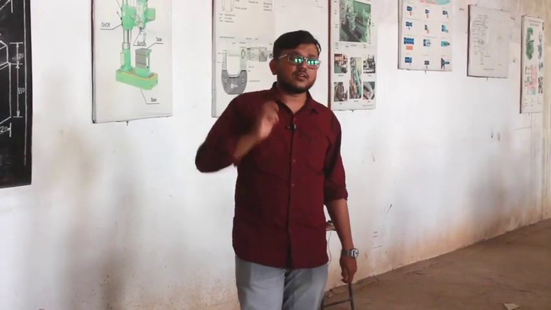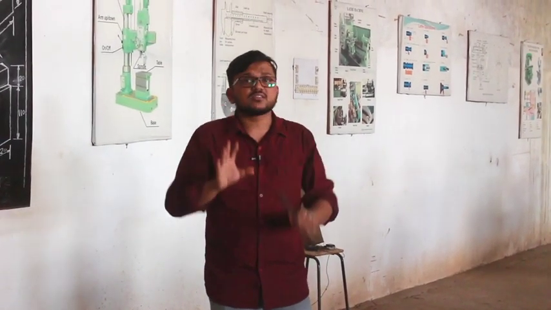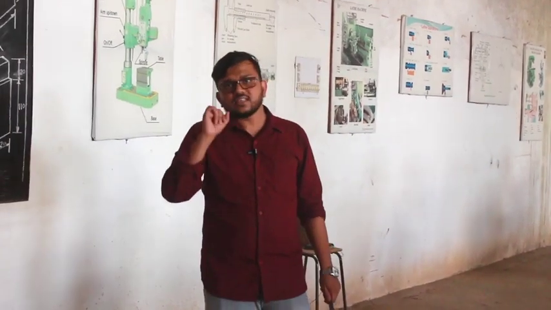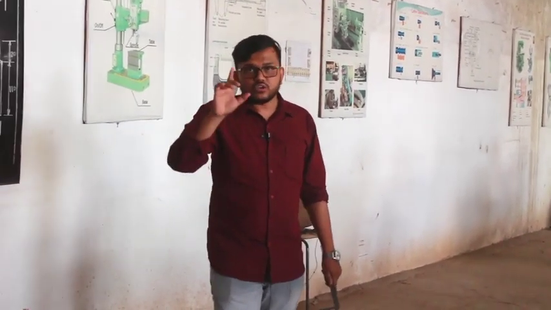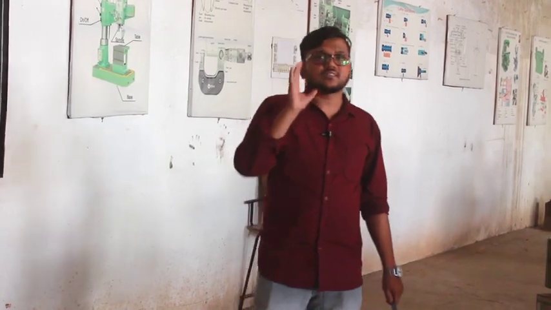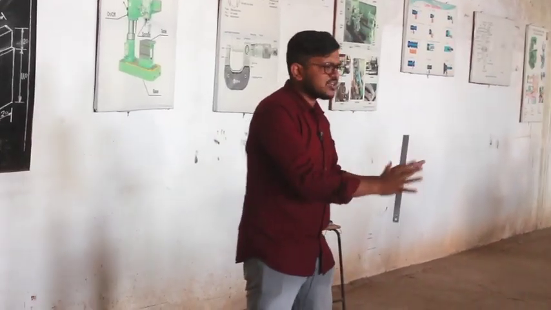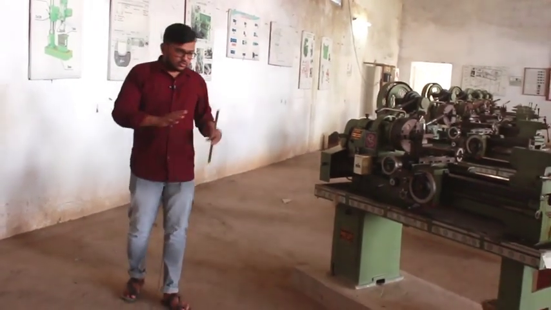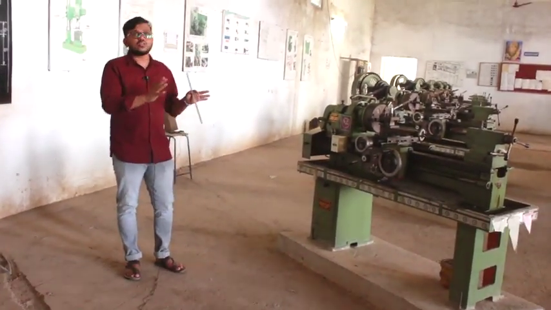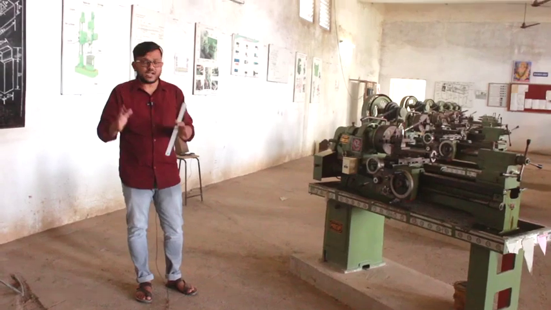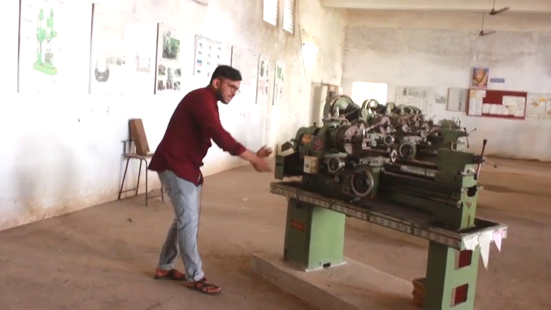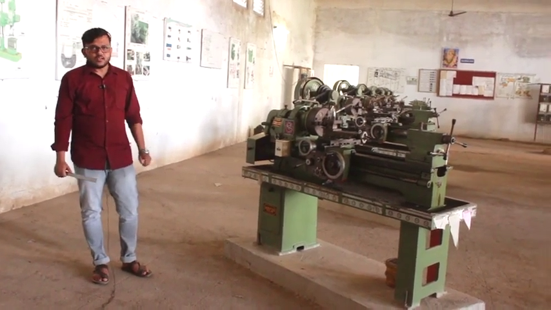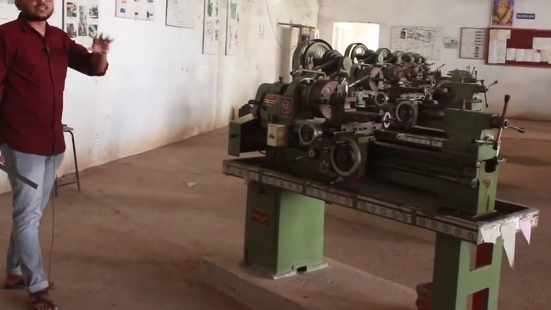And the second thing is, what are the various cross sections by which we can make a bed? It can be of I section, it can be of U section, it can be of H section. So, different cross sections will be there for this material. So, this entire thing you need to remember for the lathe bed. So, we have completed the base of this machine, that is called the bed. Now, friends, let us move to the next portion of it.